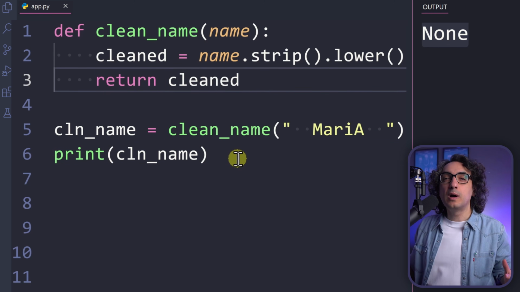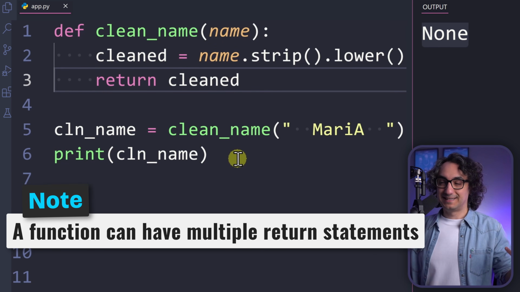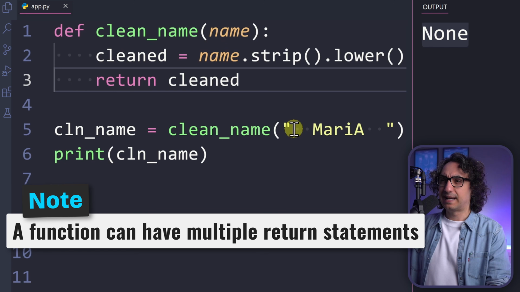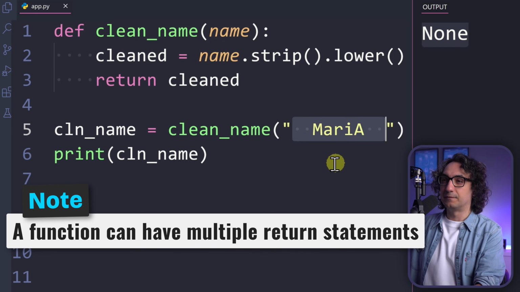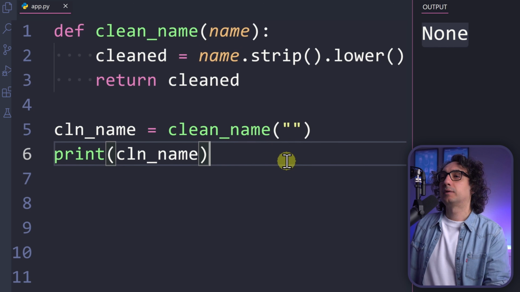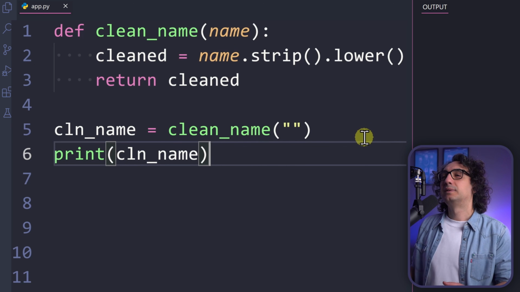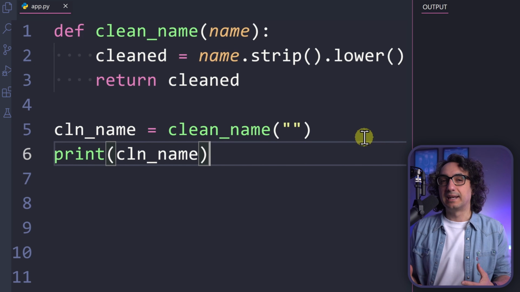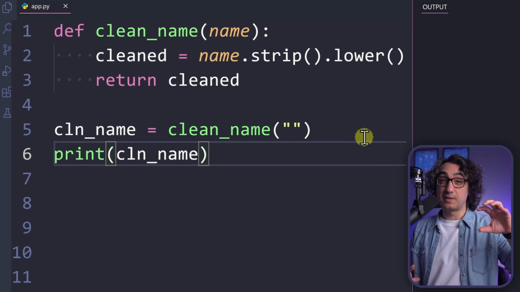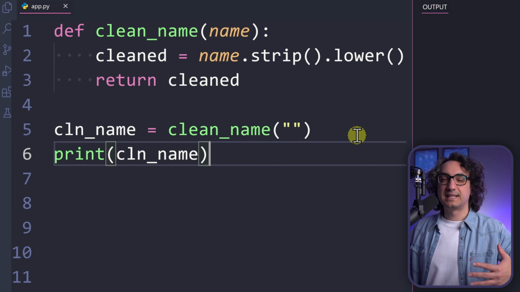Actually, we can use multiple returns inside the function definition. So let's have an example. You remember if I go and remove everything here from the arguments and say I would like to send an empty string. Now, if I execute it, what's going to happen? I will not see anything in the output because it is an empty string. But now dealing with an empty string is something really annoying. We usually convert the empty string to a None because it is easier to handle and it makes everything more